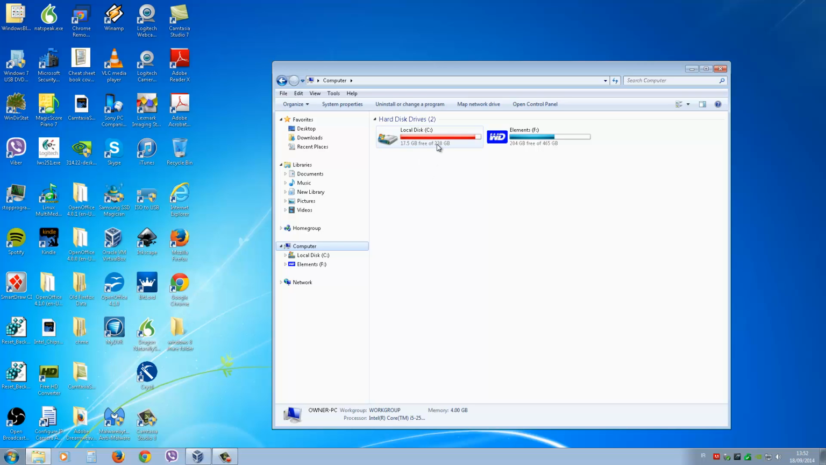you need to leave at least 15 to 20% free on a drive so that it can move things around, and it won't cause your computer to slow down if you have enough room left free on your drive. So I'm going to show you how to make space on your drive so that you have a minimum of 15 to 20%. And what you